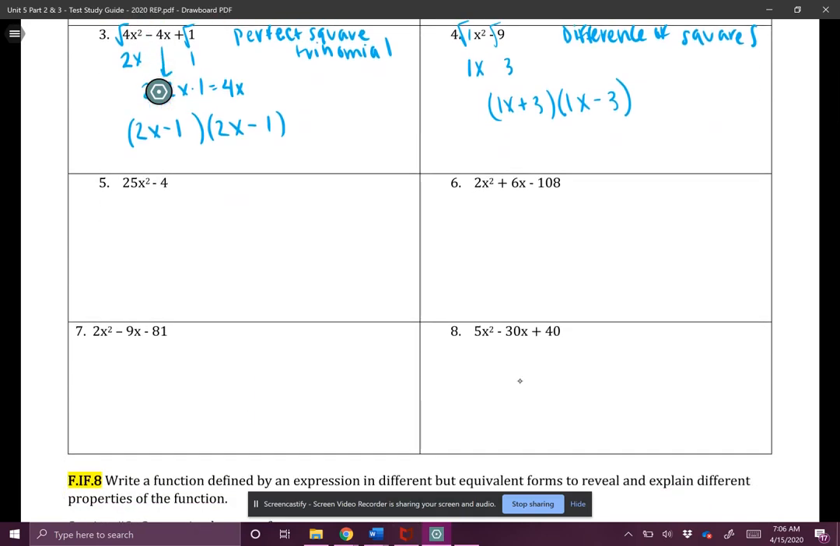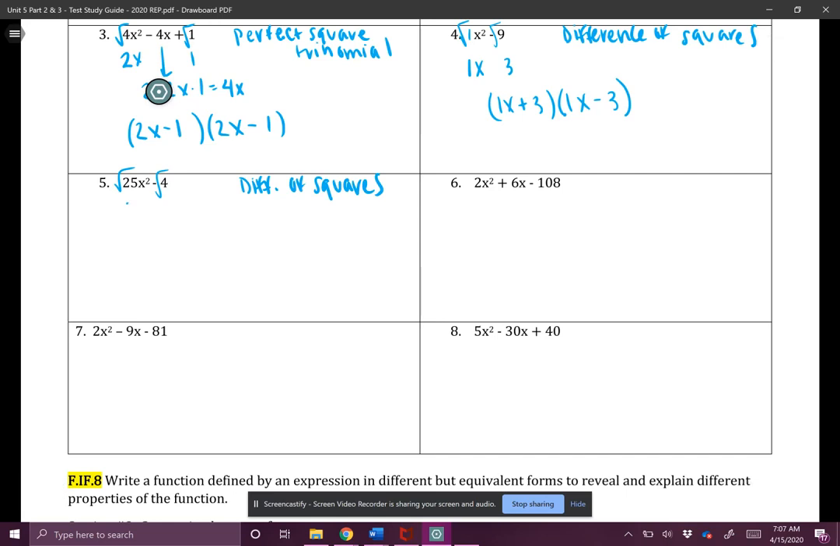Number 5 is just like number 4. I notice that a and c are perfect squares. And I notice there's no b value, so I know this has to be a difference of squares problem. So to factor a difference of squares problem, I'm going to take the square root of a,